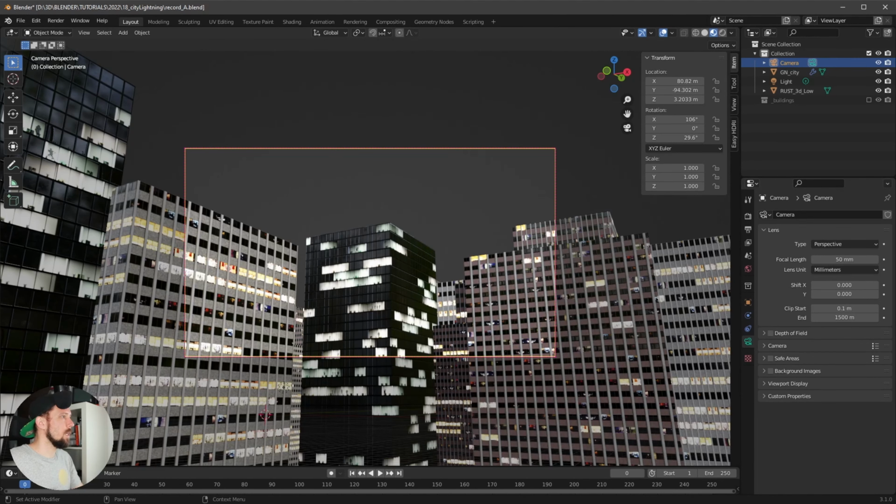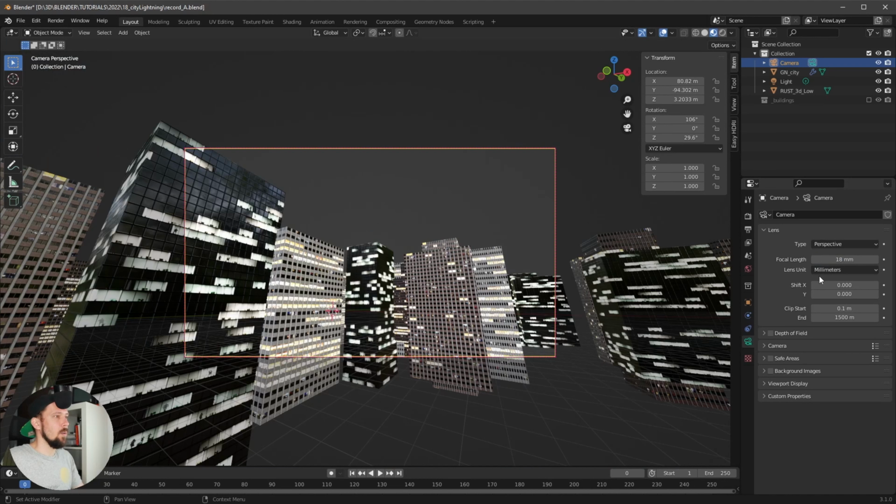And now we can see that everything is fine. Okay, and I want to change the focal length to a wide angle. I don't know if it's fisheye. I think fisheye is 11 millimeters or something like this. We will go with